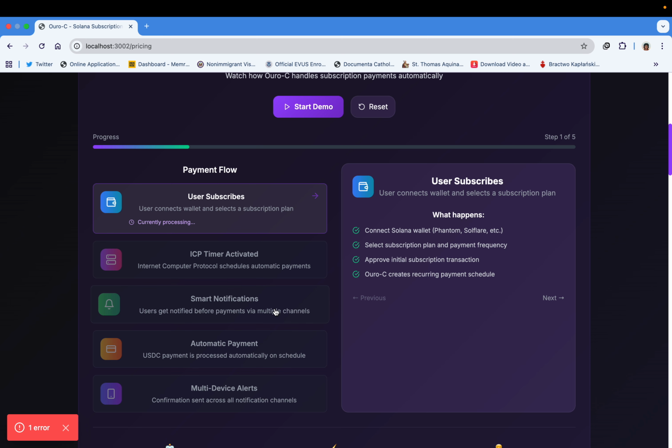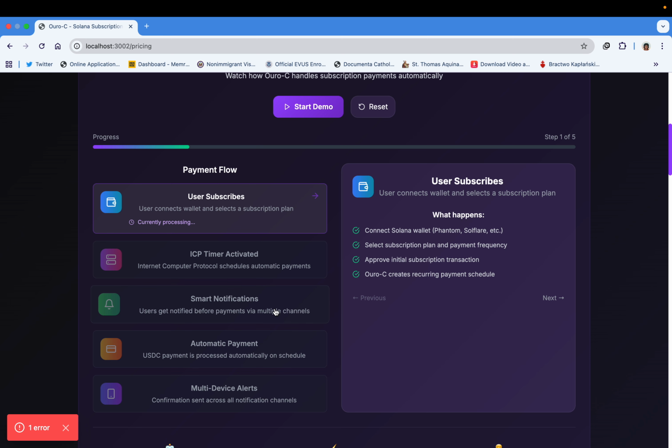For the minimum submission before the end of Colosseum, I plan to build an npm package, which is basically a plugin tool for developers who develop dApps on Solana. Developers can configure it as they want in the sense of the frequency of payments, amount of payments, and token types. Although we only support USDC now, we will implement other types of